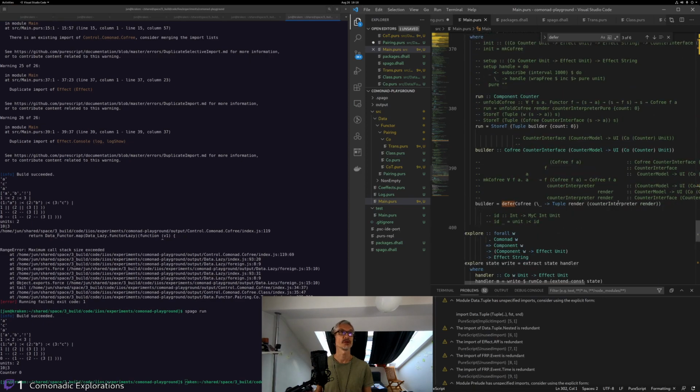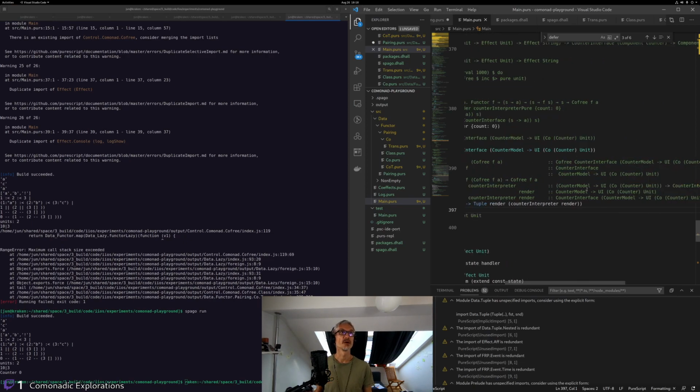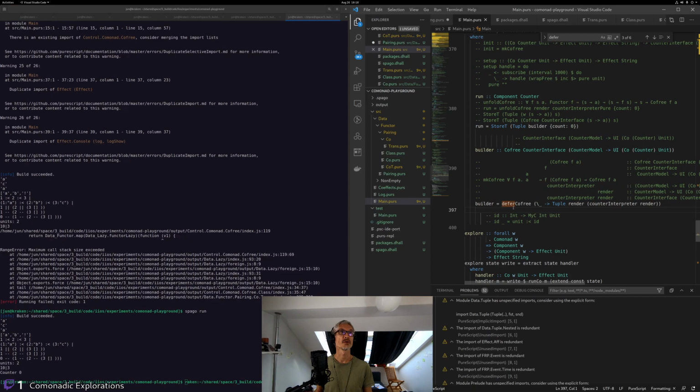counter interpreter, right, is something we pass right now to differ co-free in order to build a co-free of, what are we trying to build? We're trying to build a co-free of